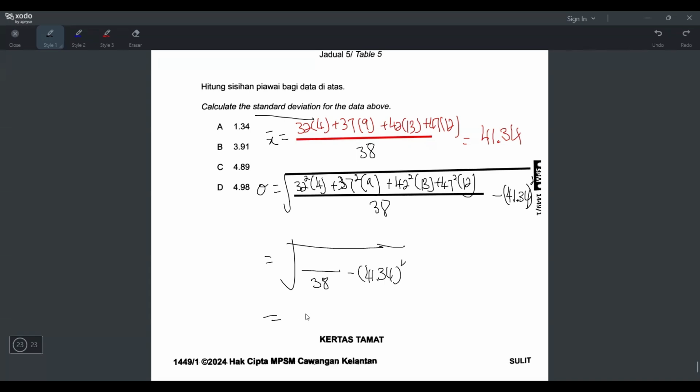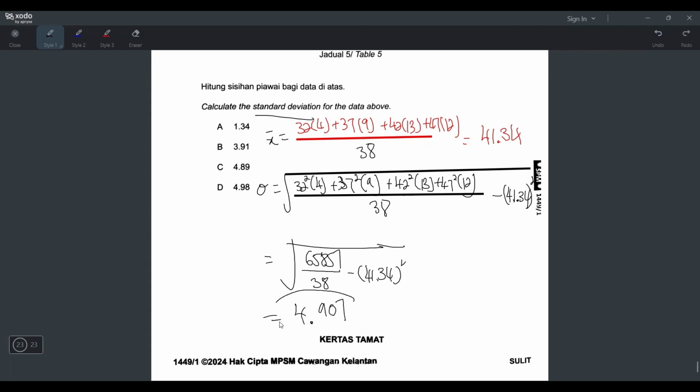Okay. I don't want to straight away give the final answer. I want to slowly get it. Okay, 32 square times 4 plus 37 square times 9 plus 42 square times 13 plus 47 square times 12. Okay, my calculator give me 65857. Okay, now I will straight away get the final answer already. So answer divide 38 minus 41.34 square equal and then square root answer. So I straight away taken square root answer already. So my calculator give me